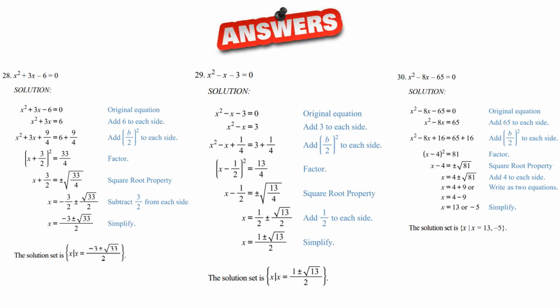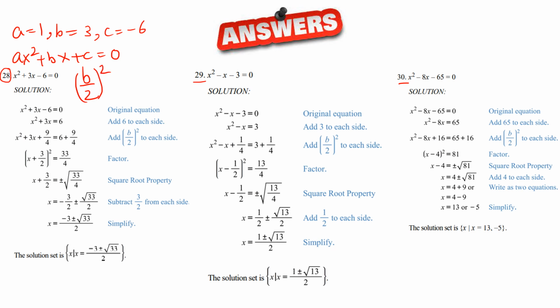Let's do one more question of the same type. Question 28 I will leave for yourself, and then 29 and 30 are very similar. So compare with ax square plus bx plus c equal to 0. A is 1, b is 3, c is minus 6. So we take b by 2 whole square and add it to each side. So b by 2 would be 3 by 2 whole square, so this is 9 by 4. So you have added 9 by 4 on both sides and you have moved the minus 6 on the other side. So 6 plus 9 by 4 gives you 33 by 4,